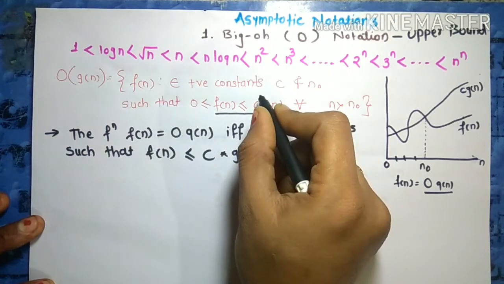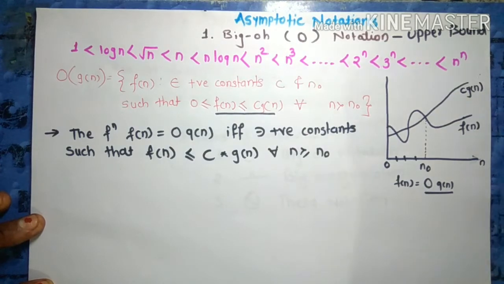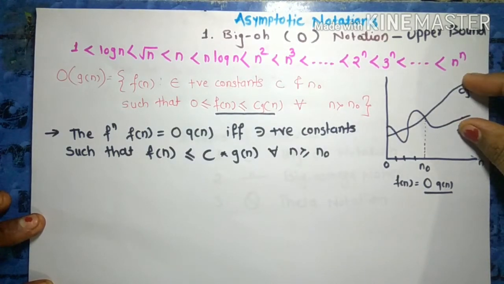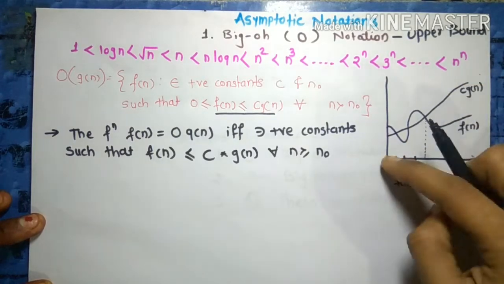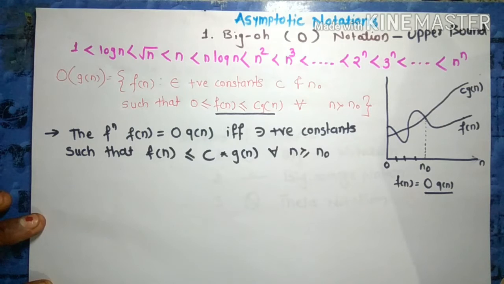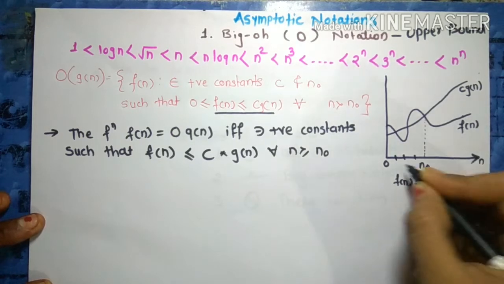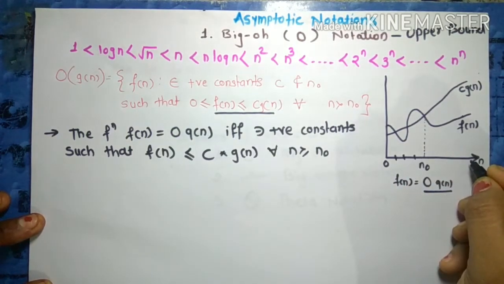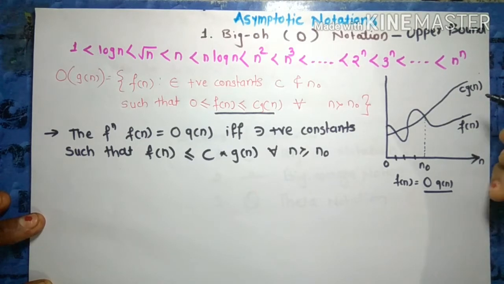This expression can be described as: a function f of n belongs to the set big O of g of n if there exist positive constants c such that f of n lies between 0 and c times g of n, for sufficiently large n. For any value of n, the running time of an algorithm does not cross the time provided by g of n. Since it gives the worst case running time of an algorithm, it is widely used to analyze an algorithm.